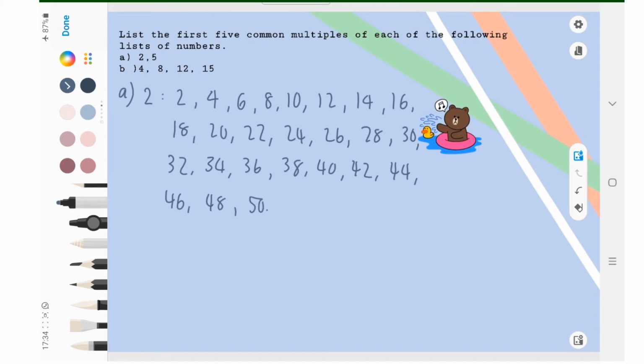Next, we list the multiples of 5, which are 10, 15, 20, 25, 30, 35, 40, 45,